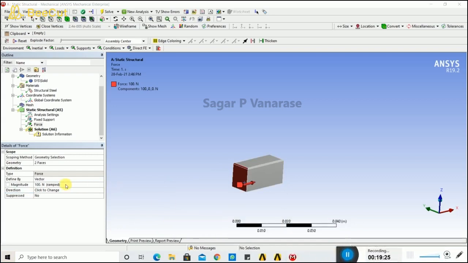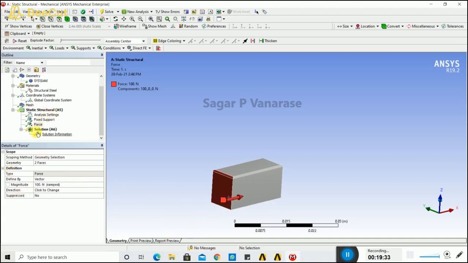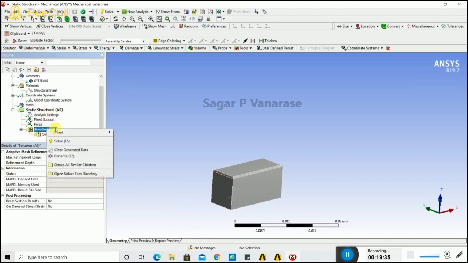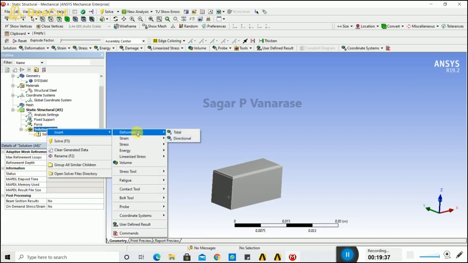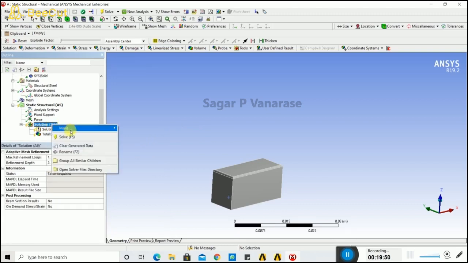Simply click the direction, and change the direction in which you want the object to be forced. So simply click flip the arrow. So my force is applied from left to right side. It's done. Now we have applied the force and the fixed support.